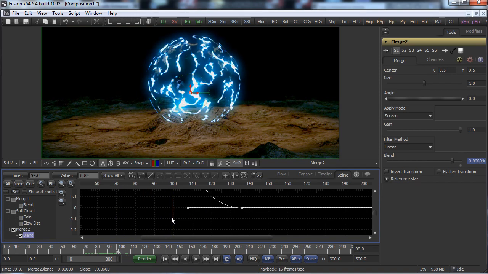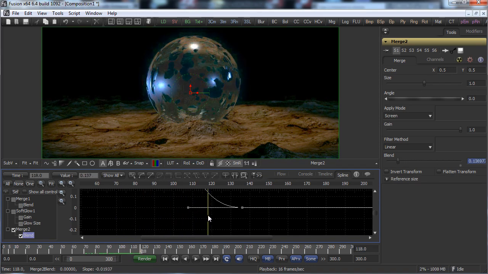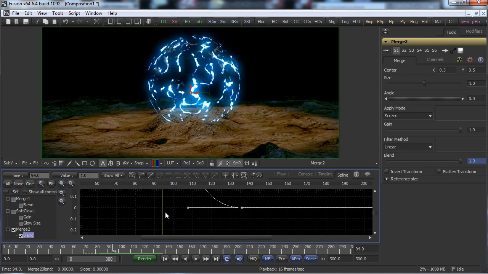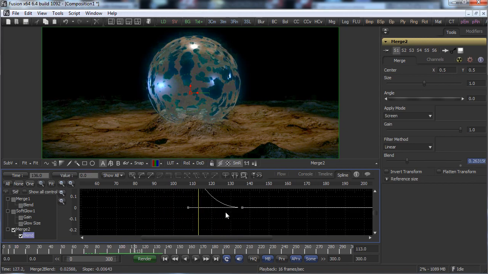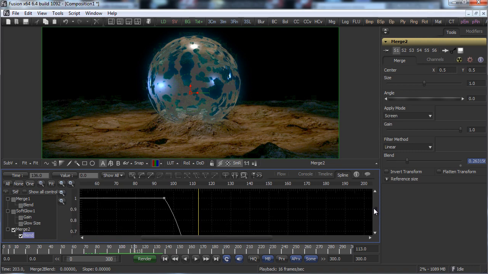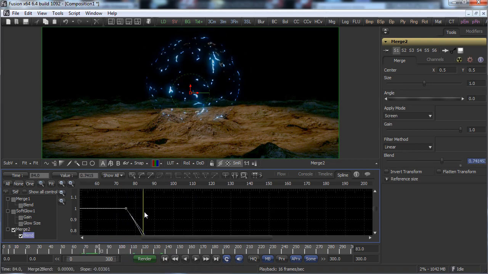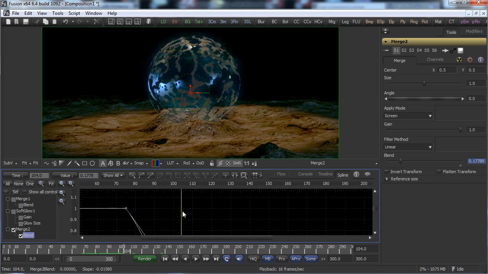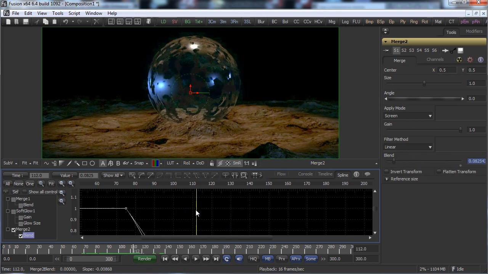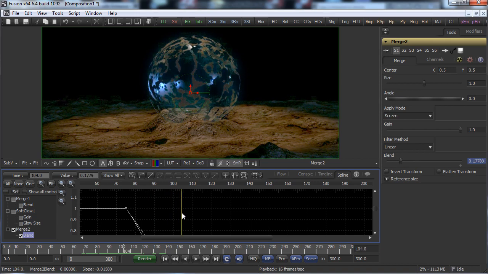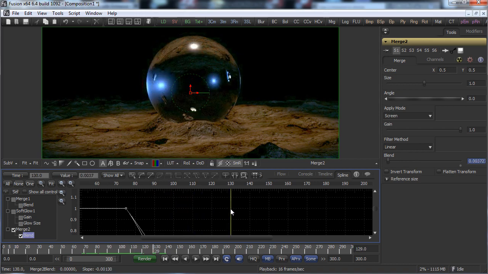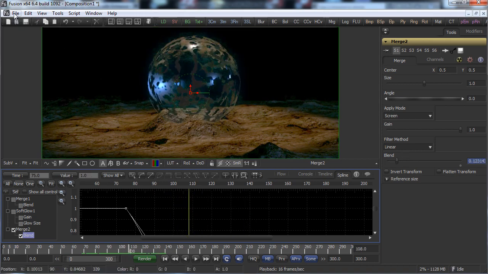So it is visible, and then it goes away. I like to have it less visible before. So let's say that there is 75. We have electricity, and then it is gone, and the other things are appearing. Okay, so